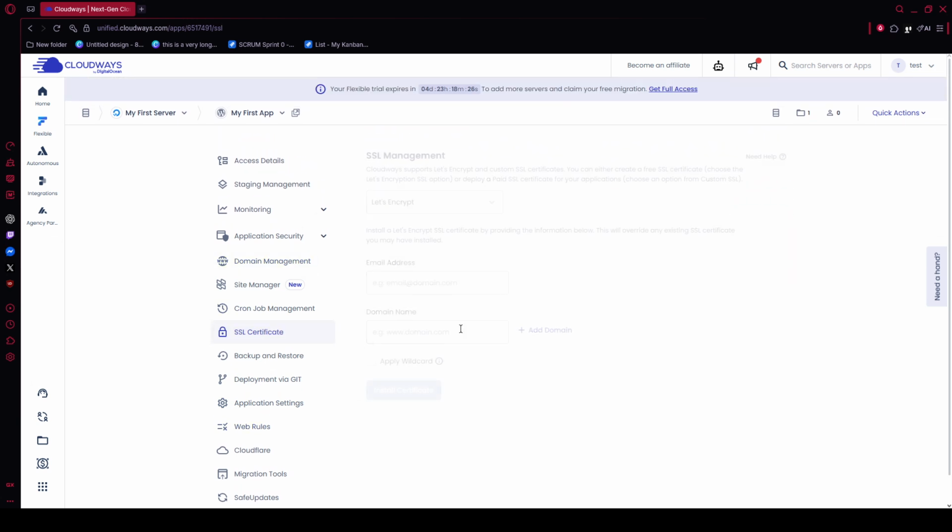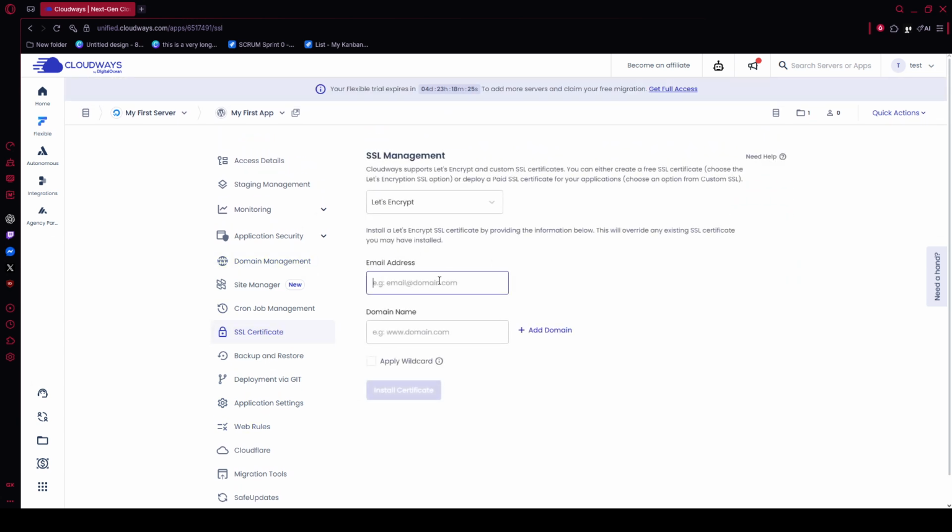The next step is securing it with SSL. In the application sidebar, open SSL certificate. Leave Let's Encrypt selected, then enter an email address and your full subdomain. Click Install Certificate and let Cloudways complete the setup. This gives your subdomain HTTPS encryption at no extra cost. Finally,